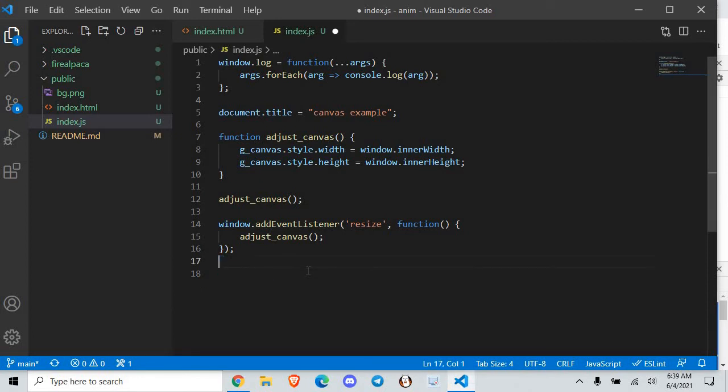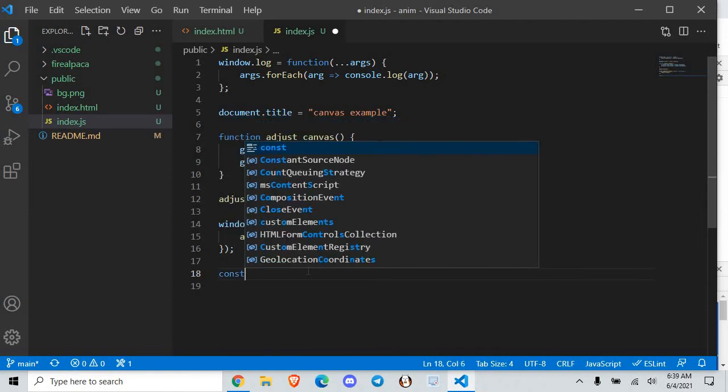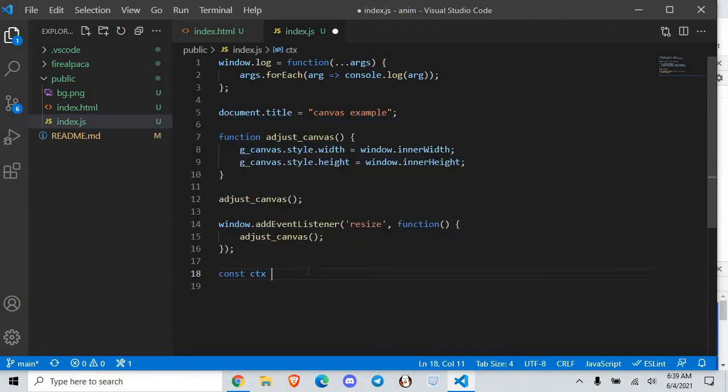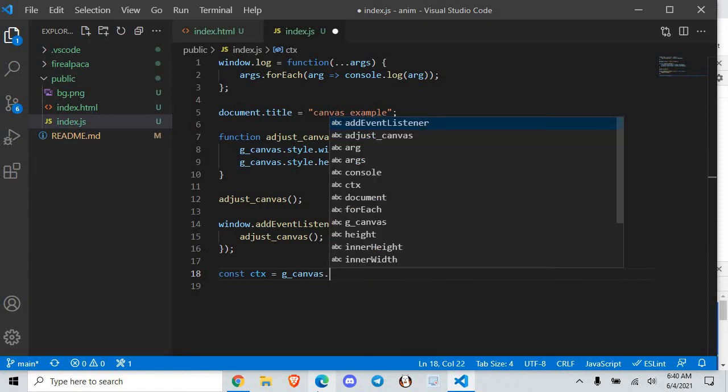So that's a long-winded explanation. And now what I want to do is, there's something called a context. So our canvas element, I'm going to use CTX. It's a conventional name that's used a lot in examples. The context, the drawing context, the graphics context, we're going to pull that out of this canvas element. And it's going to be canvas dot